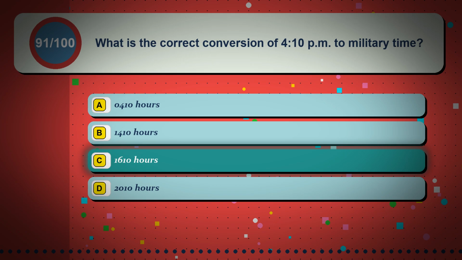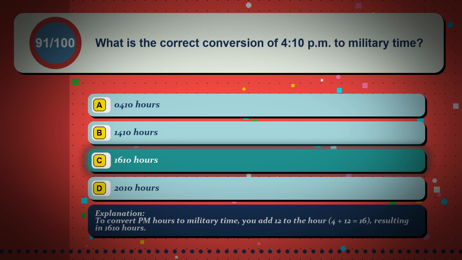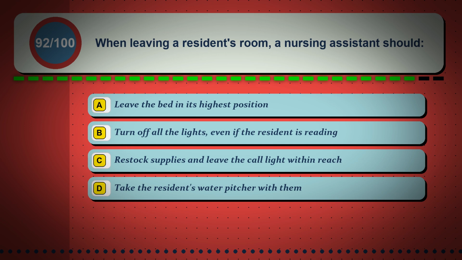The correct answer is option C, 1610 hours. To convert PM hours to military time, you add 12 to the hour. 4 plus 12 equals 16, resulting in 1610 hours. Question 92. When leaving a resident's room, a nursing assistant should: Option A, leave the bed in its